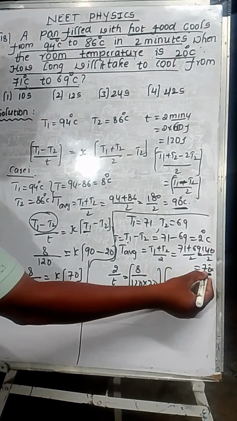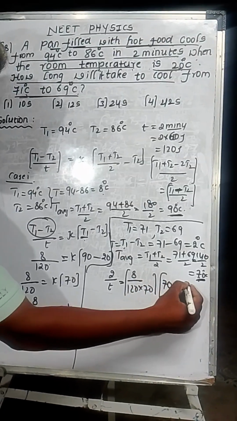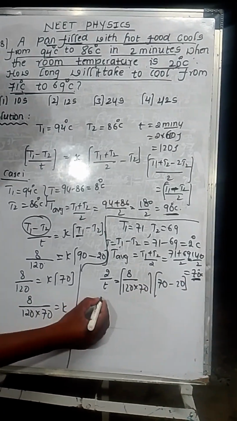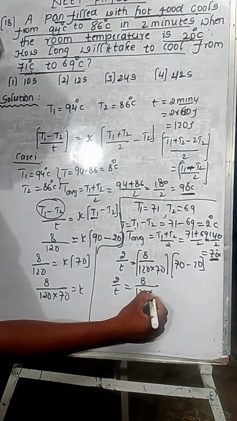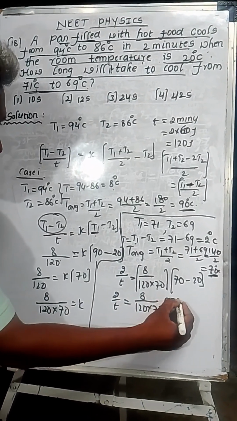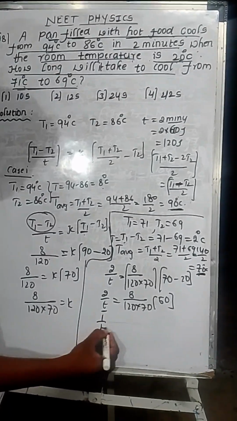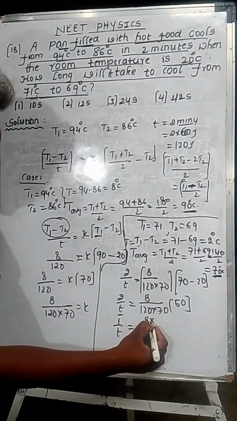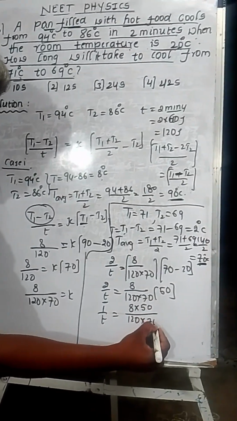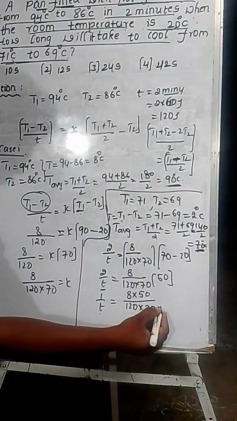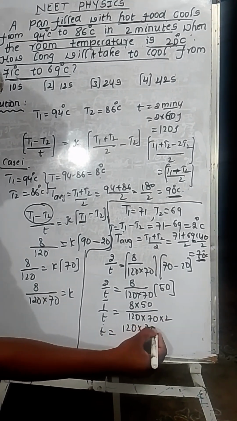The average temperature is 70 minus the room temperature of 20 degrees, so 70 minus 20 is 50. So 2 by t is equal to 8 by 120 into 70 into 50. Now if I want the time taken, then 1 by t is equal to 8 into 50 by (120 into 70). Now I want t, so t is equal to 120 into 70 into 2